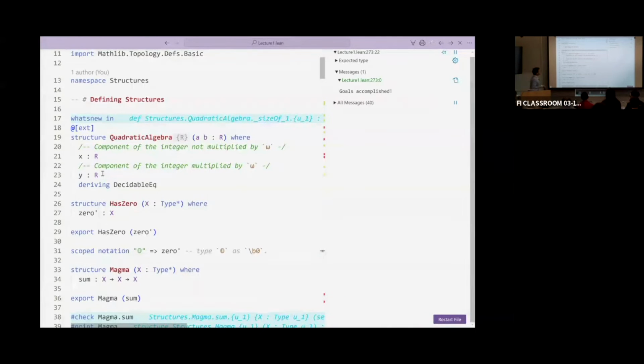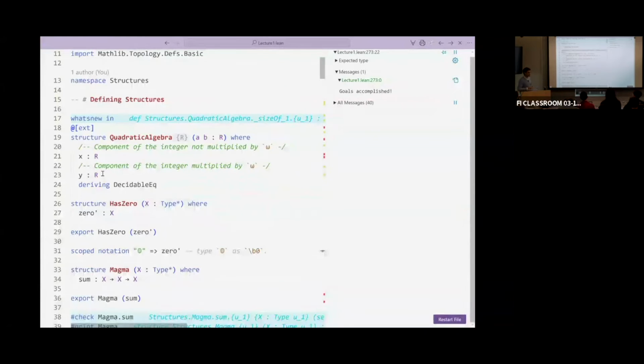So what he's basically saying is that A and B are the real and imaginary part of a complex number, and a quadratic algebra is just a structure composed of two elements. Both of these terms belong to R. And then, of course, you will need, I won't do it here, but it was part of his lecture, to put a group structure, a ring structure. And then the group and the ring structure will tell you how X and Y interact. But on its own, the terms of this structure are just pairs. And this is what this says.